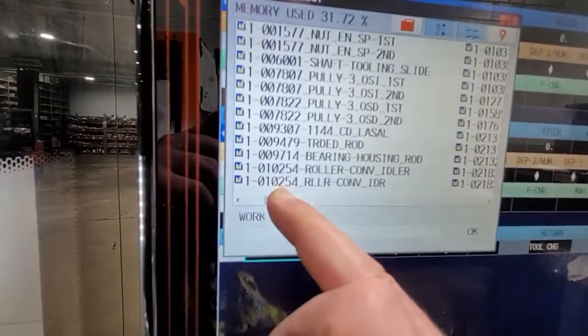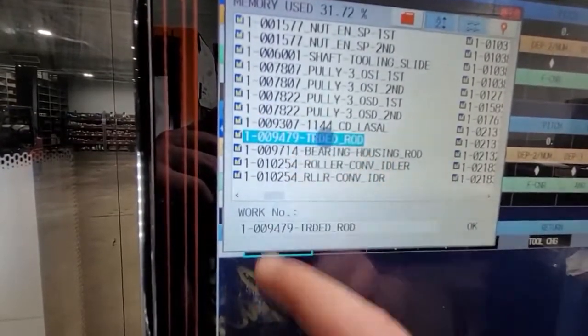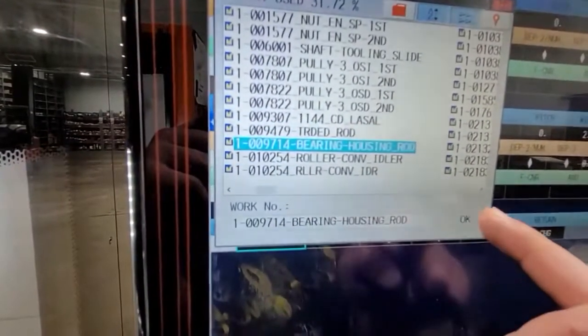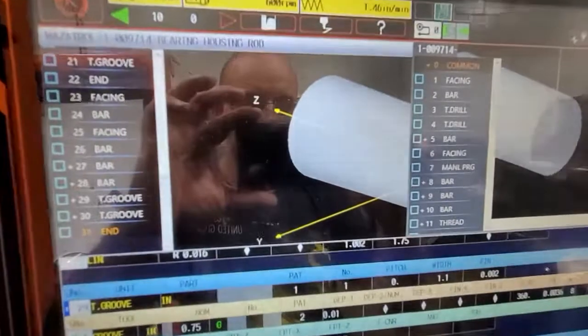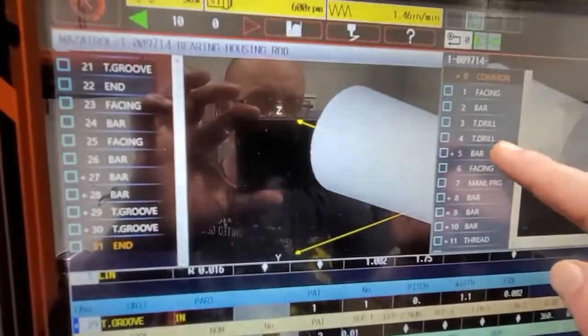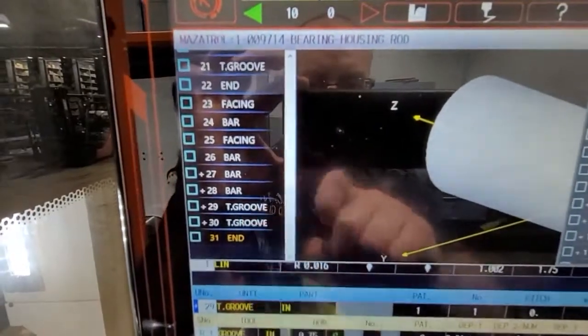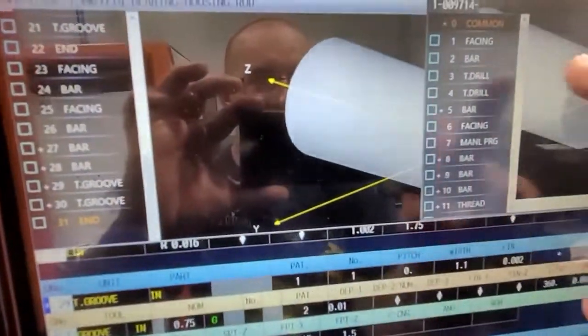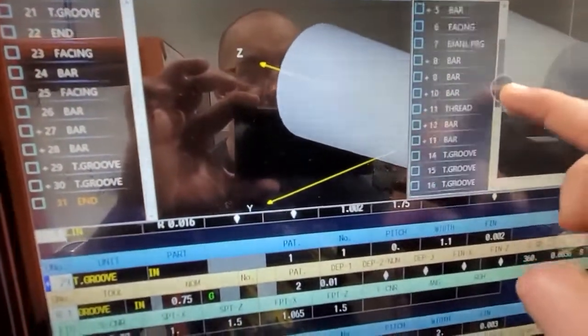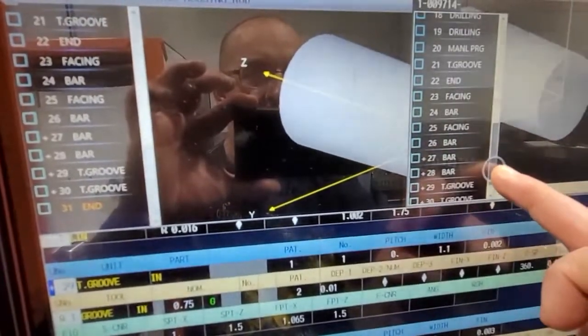0097, Burnhouse rod. Okay. And now we have two tabs, okay? This is the tab that you're copying from, and this is the tab where you're copying it to. And the reason for that is, let's say for example, I want